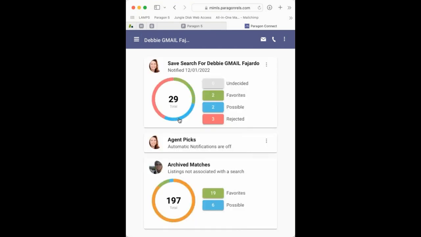You know, this is one of my play accounts. For those of you who know me, I tend to play in the MLS a lot and using myself. So there's saved searches for Gmail, Debbie Gmail, Fajardo, any agent picks. So I don't have any notifications here. This is off. Any archive, that's old searches that are just not a search anymore, but there's still some stuff that's there. And that's fine. So at any time I can go into these, the 29 total, I can go into this favorites to see